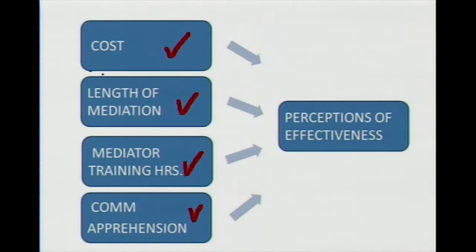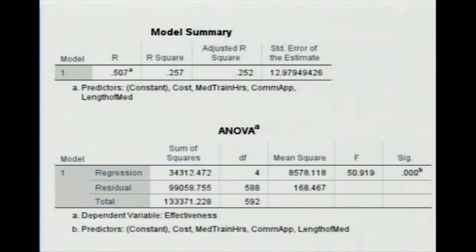But what are we looking at? We're looking at how do these 4 predict effectiveness? How do they do that together? And then also we're looking at which is the strongest predictor so that we can understand the model better. So let's take a look going forward at what might be my first output pages if I were to run a multiple regression. And keep in mind, if you did that, then you would be watching a separate video that I've taped that shows you how to do the multiple regression model.